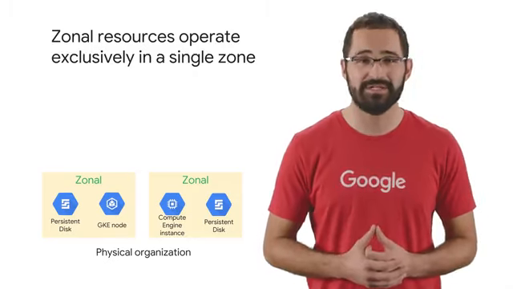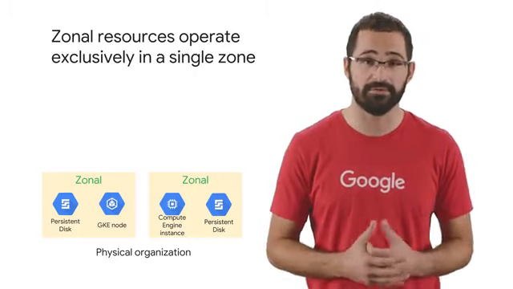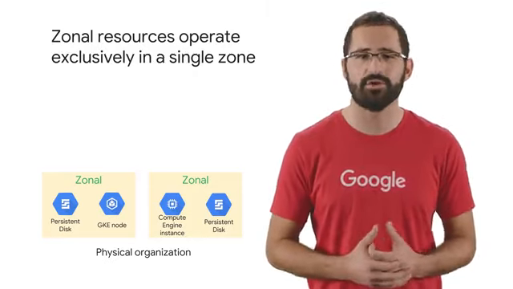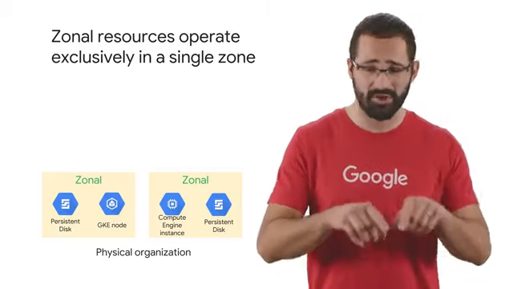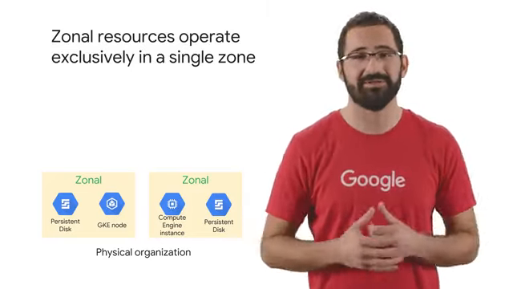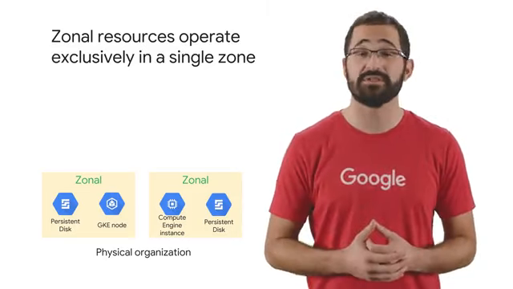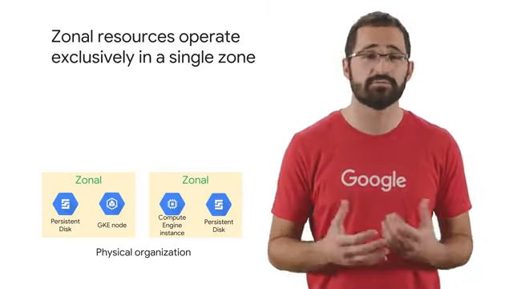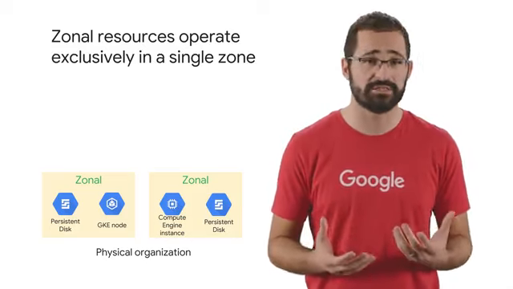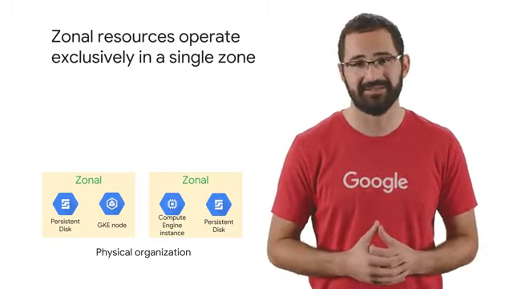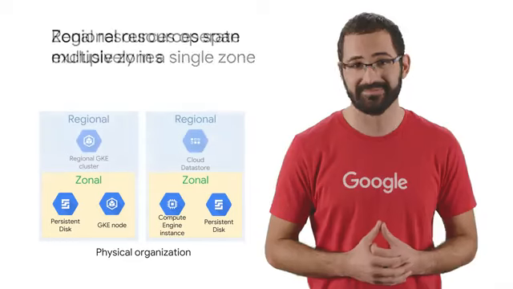When you take advantage of GCP services and resources, you get to specify those resources' geographical locations. In many cases, you can also specify whether or not you're doing something at a zonal level, a regional level, or a multi-regional level. Zonal resources operate within a single zone, which means that if the zone becomes unavailable, the resources won't be available either. A simple example would be a Compute Engine virtual machine instance and its persistent disks. GKE has a component called a node, and these are zonal too.